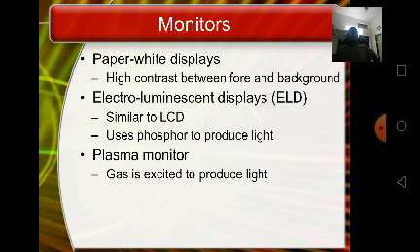Next one is plasma display monitors. Plasma displays are created by sandwiching a special gas such as neon or xenon between two sheets of glass. When the gas is electrified via a grid of small electrodes, it glows. By controlling the amount of voltage applied at various points on the grid, each point acts as a pixel to display an image.